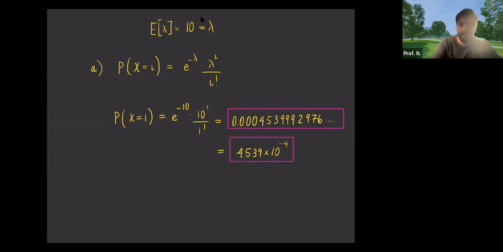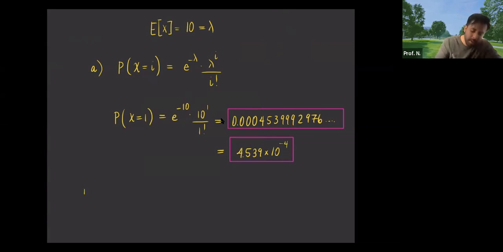Yeah, e to the negative 10 to the negative 4. And so when you plug it in the calculator, you want to make sure that you put as many values after the decimal place as possible. Because if you only put like the first 4 or 5, it may not be considered as correct.